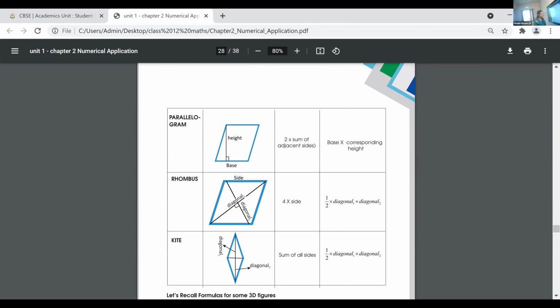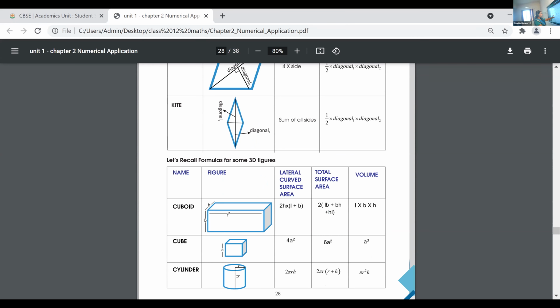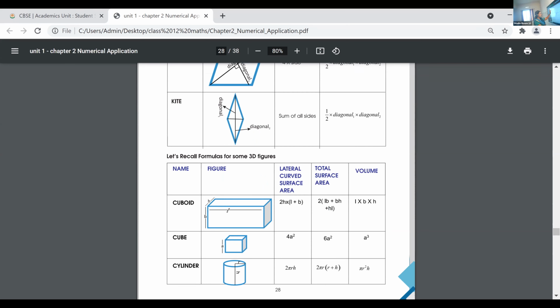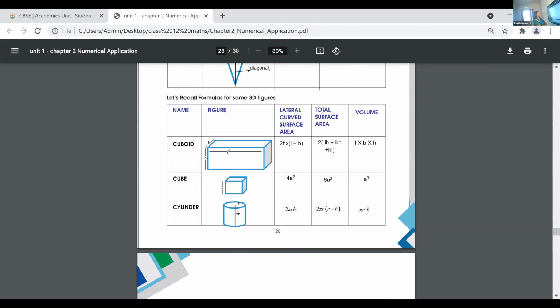Is it okay, children? Is it okay, Pavitra? That day we learned all these formulas. Are you thorough with this? So in the next class, be ready with the formulas, so that when I ask the formulas, you are ready to answer all of these.